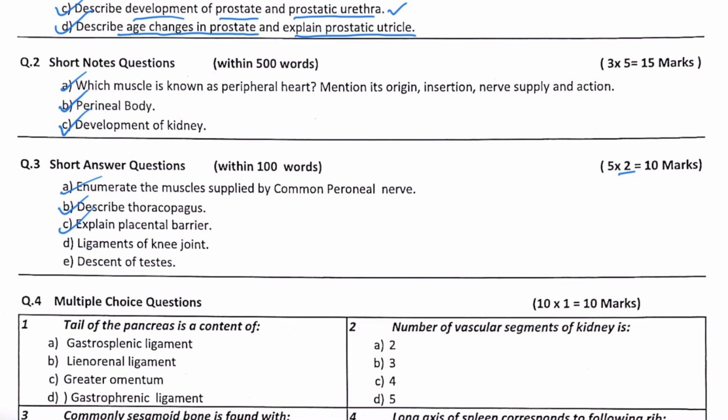The next question is ligaments of knee joint. There are 13 ligaments surrounding the knee joint. So let me help you revise. First of all, you should mention the fibrous capsule. That is one ligament. But there are modifications of this fibrous capsule in the form of the coronary ligament and the short lateral ligament. Coronary ligament is the lower portion of the capsule from its attachment to the tibia up till the